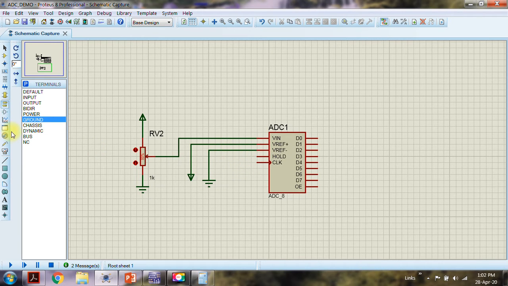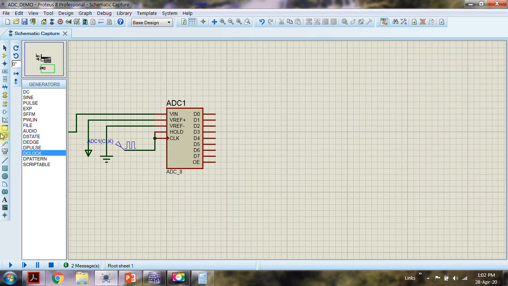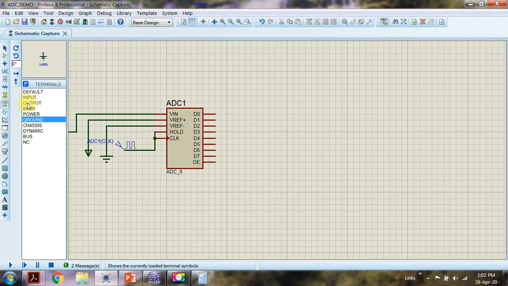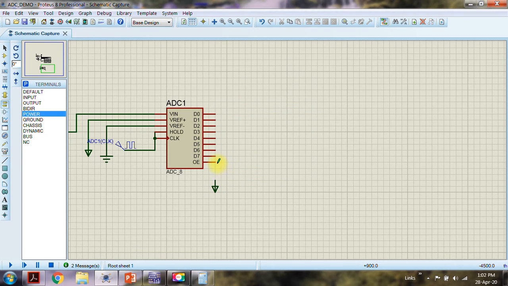and I require a clock. So what I can do is use this digital clock over here and hook it up like this. Ground also has to be connected here like this. Then we require this OE, output enable, so it has to be enabled at all times. So I'll connect it here.